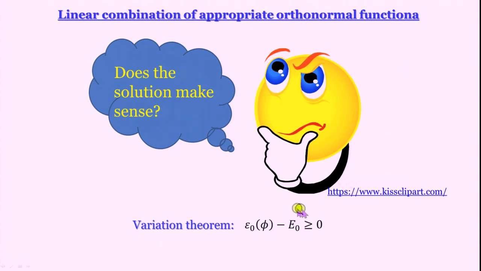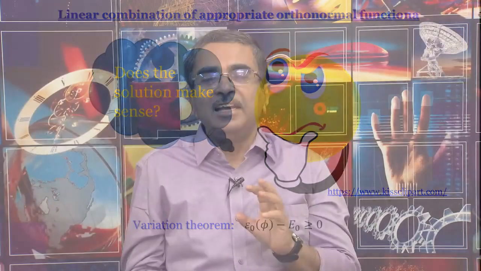Epsilon 0 phi minus the actual energy E0 is always going to be greater than or equal to 0. In other words, you always get an upper bound to the actual energy if you use some function that you have cooked up. Whatever function I get, I will never do better than the best. The energy I calculate will only approach the actual energy from the higher energy side. It will never cross it and become lower. So, it is okay if I use a large number of functions, the energy calculation will never be wrong.